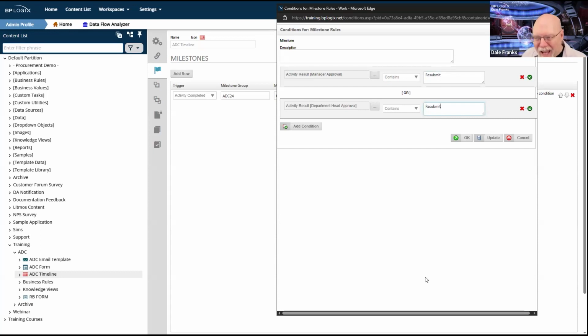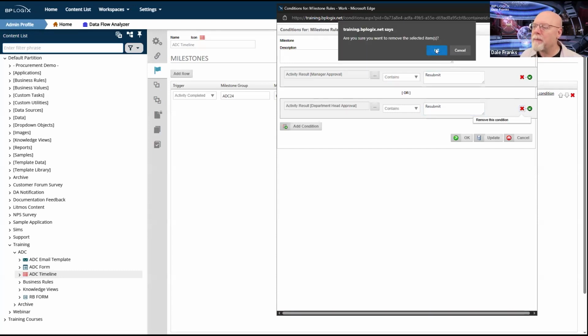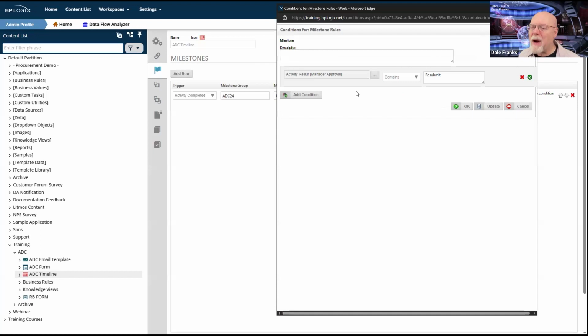Now, I can do this, but I think there's a simpler way. Because by default, the result of a parent activity is always the result of the last completed child activity, which allows me to cheat a little bit.